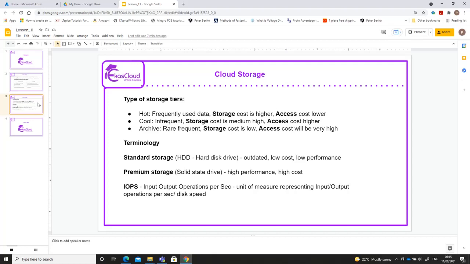And the third term, which is really important when we are designing our storage, is to see the number of operations, the input-output operations per second. This one also gives you a good understanding of the differences between the storages that are available. So these are the theoretical part, and then I'd like to show you how to